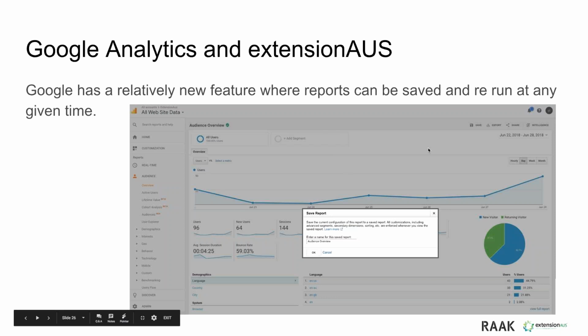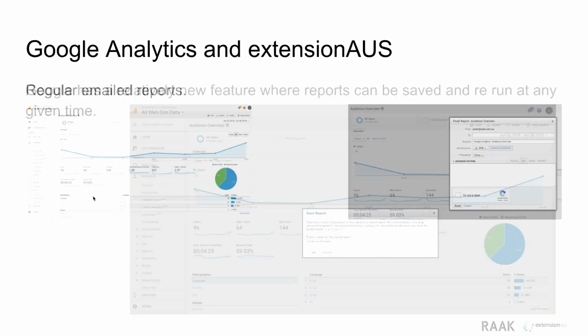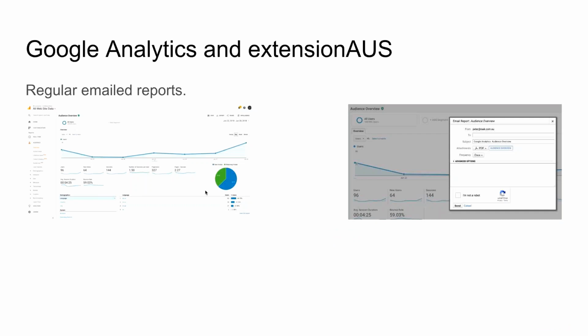For example, you may create a view within your audience that shows a certain date range per hour or per week, and you want to see that every Monday. You can then save that view as a report. You can also have that emailed to your email address